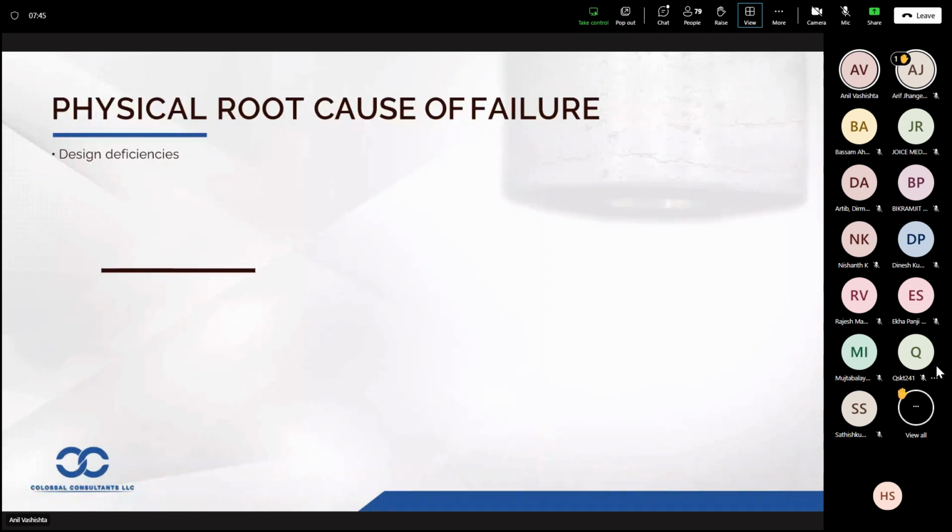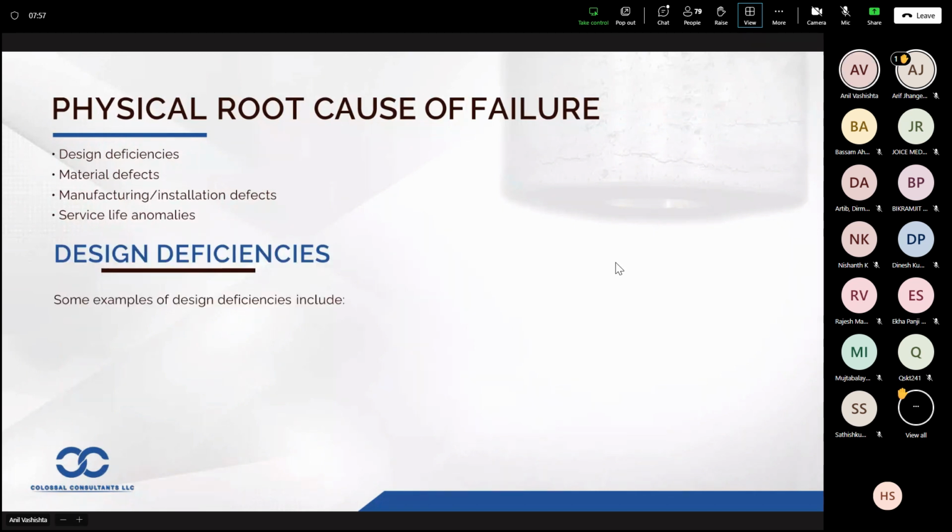So physical root causes can be design deficiencies, material defects, manufacturing or installation defects, and service life anomalies. So design deficiencies, to start with the first part, some typical examples are